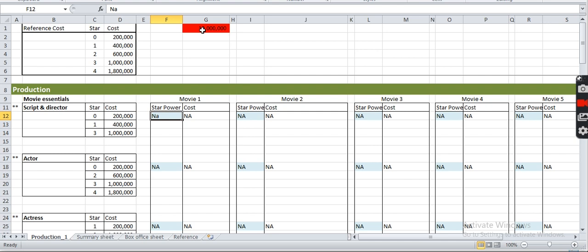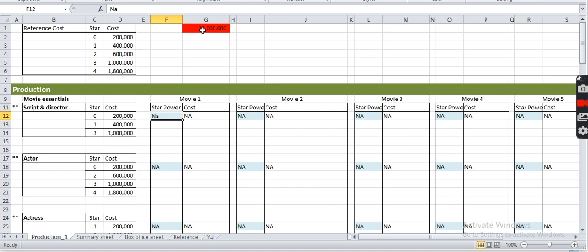Now let's see how to make a movie. Assume you start by planning to make a low budgeted movie. Out here we have the script and the director. In this cell, what you have to do is choose what star category you want to hire or use to make your movie.